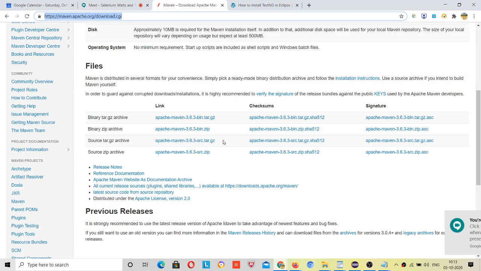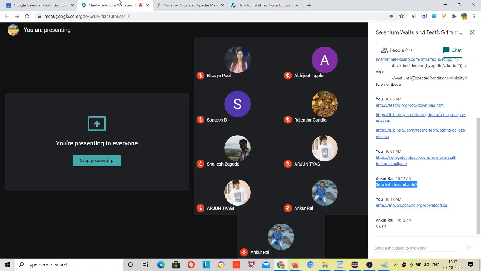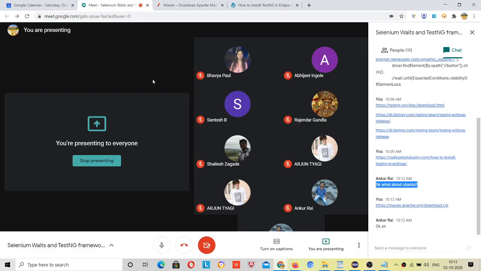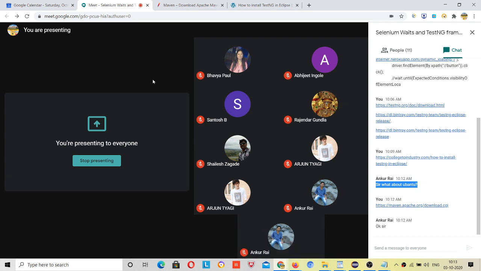Okay, but if you are using the Mac OS, then you need to go for this. Please don't download this source files. It will download the whole code. Now after that this will not be working, right? You have to set up the path just like you did for Java, right?